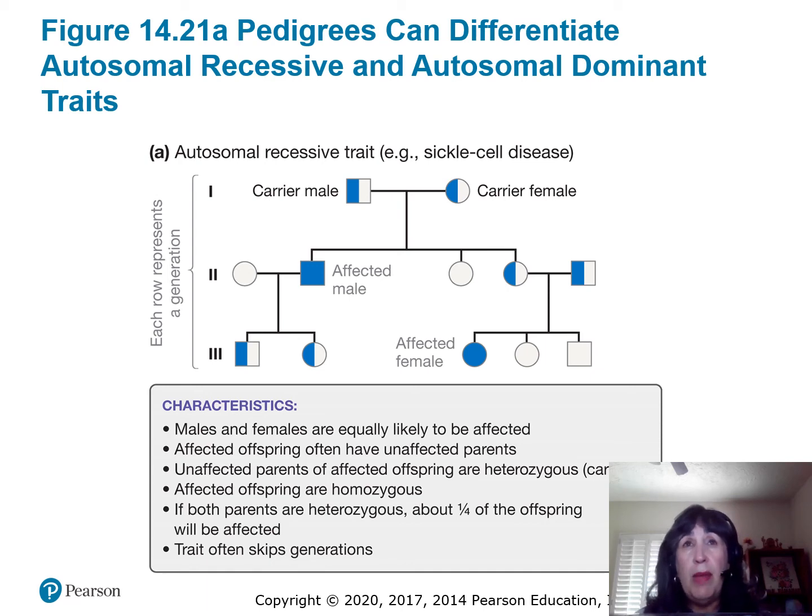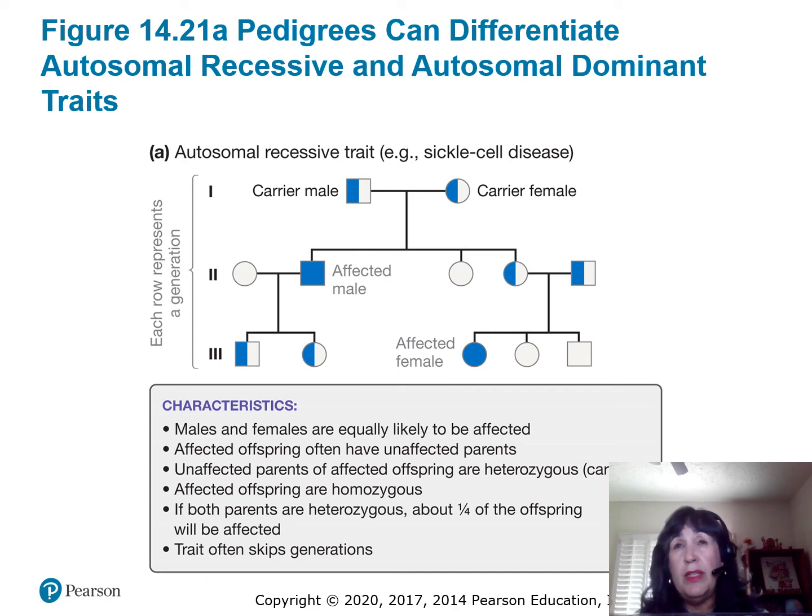The boy, the male, has the trait. One daughter does not carry the trait, and the second daughter is a carrier. I hope you can see that. The male marries a female, and the female does not have the trait. But because the male is affected, they have 2 offspring in the 3rd generation. Notice those 2 children, one's a boy and one's a girl, and both of them are carriers. The 3rd daughter in generation 2 gets married to a man that's also a carrier, and they have 3 children, 2 daughters and a son.